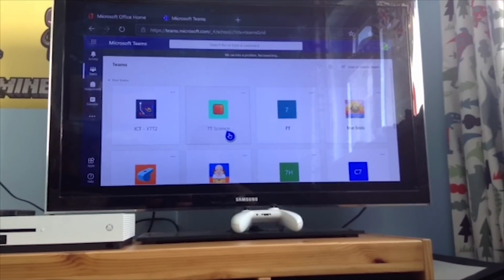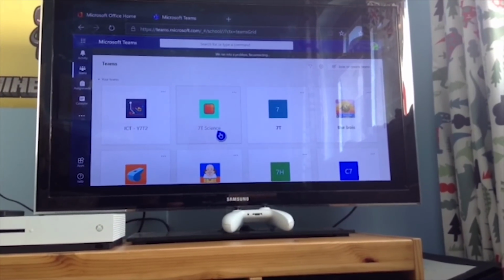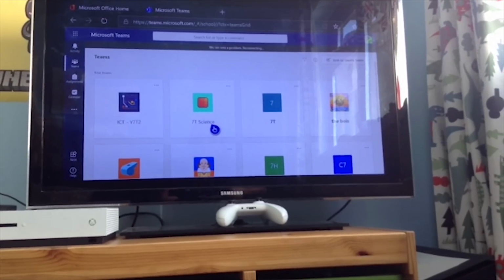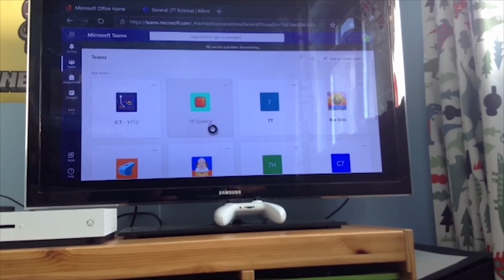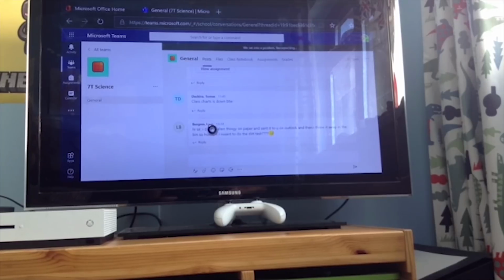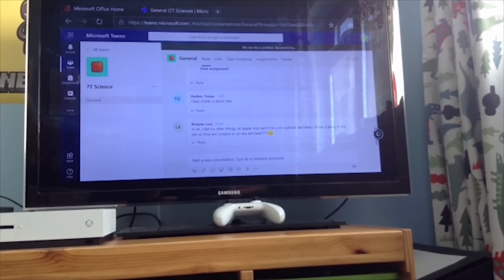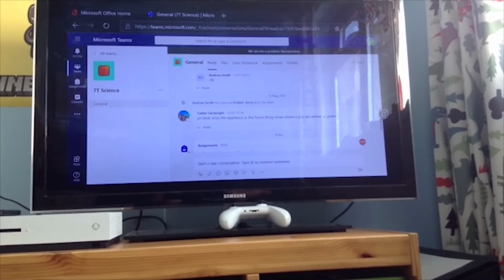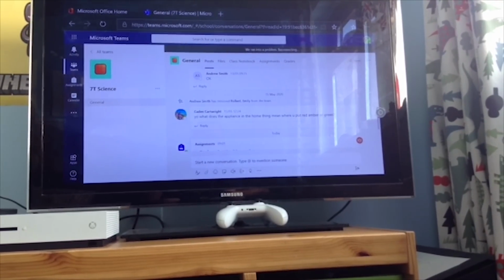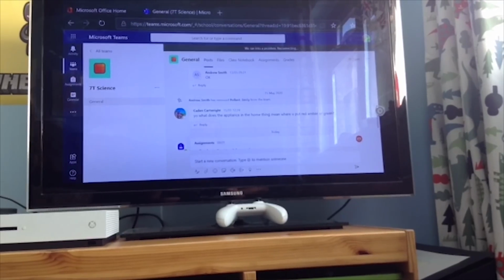Okay, so I've just come back to my Microsoft Teams now. That form didn't load up because I had a connection problem with the internet, and again, this might happen to you when you're using it. So just be a little bit patient. Try again. Try a couple of times. If one of the forms or